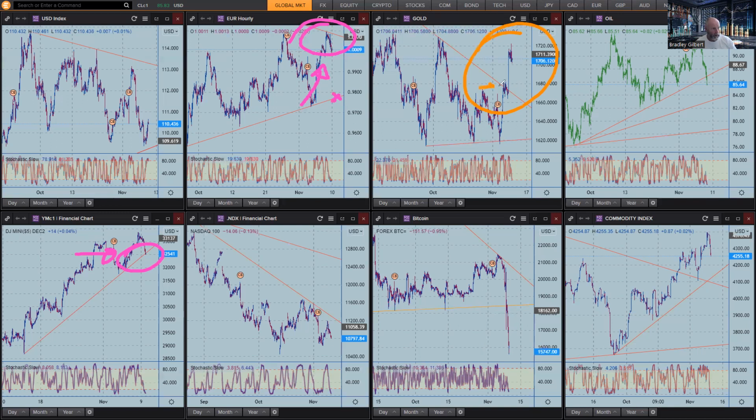Once it broke through, finally got through the barroom brawl there on resistance around 16.70. It's shot up here, right? This is telling you that the market is expecting volatility coming into the US CPI numbers.